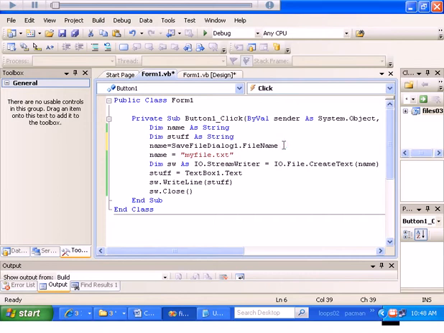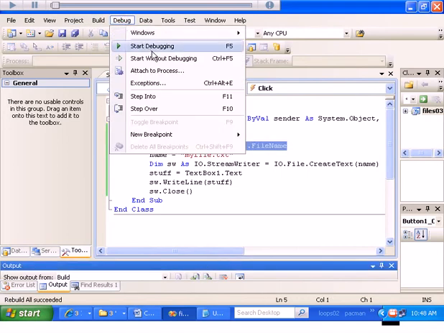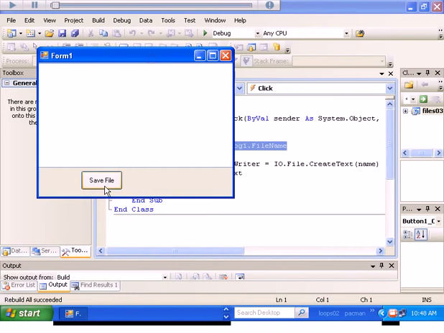The next thing I need to do is I just need to write that out to file, and then I just need to close it. I think my program is now complete. All the Save File dialog box does is it allows you to open up your hard drive and see where you want to save that file, and then name it. Let me show you what it does. If I go to debug and I say start without debugging and I click on this,